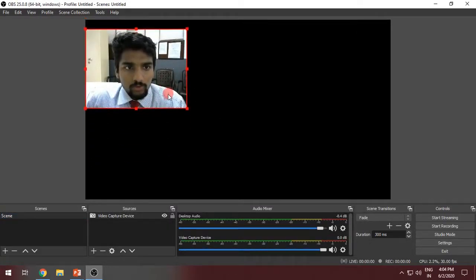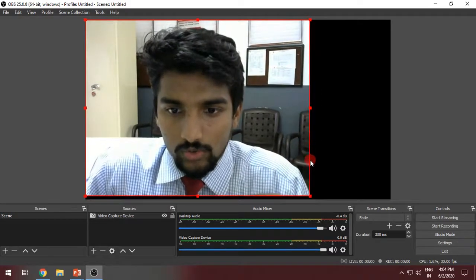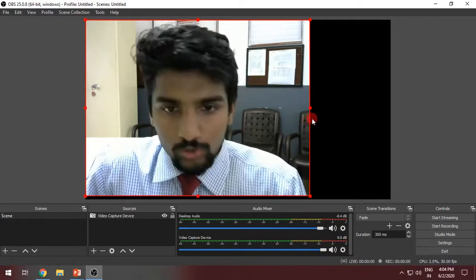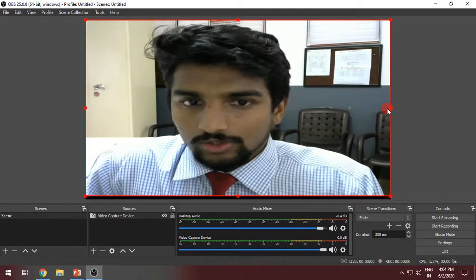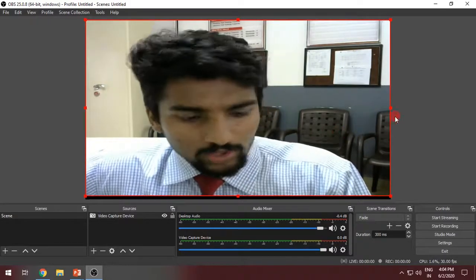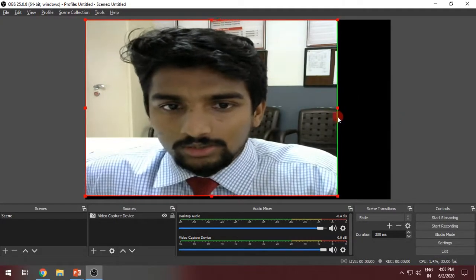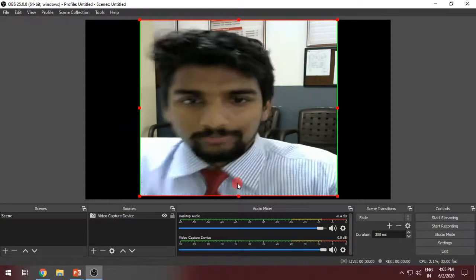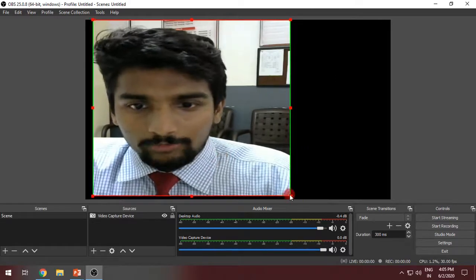You can place it wherever you want. If you want to have complete screen as your video camera, you can just stretch it, and if you want to crop or stretch it, press shift and you can drag the screen so that your complete screen is stretched. Now if you want to crop something, you have to press control and alt, and you can see you can easily crop it. Okay, so these are just the controls, and once you feel that your web camera is ready,